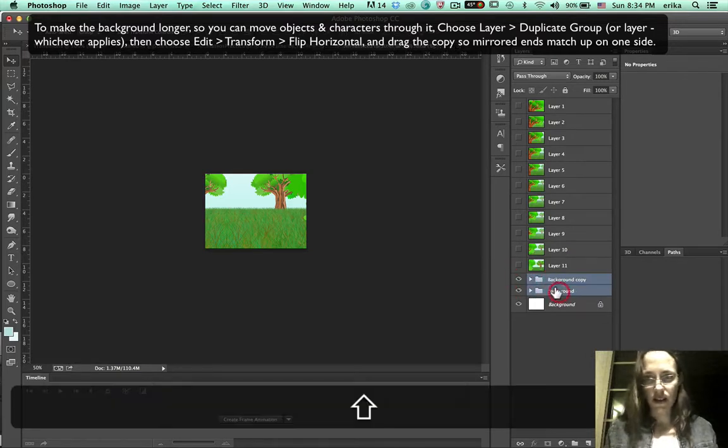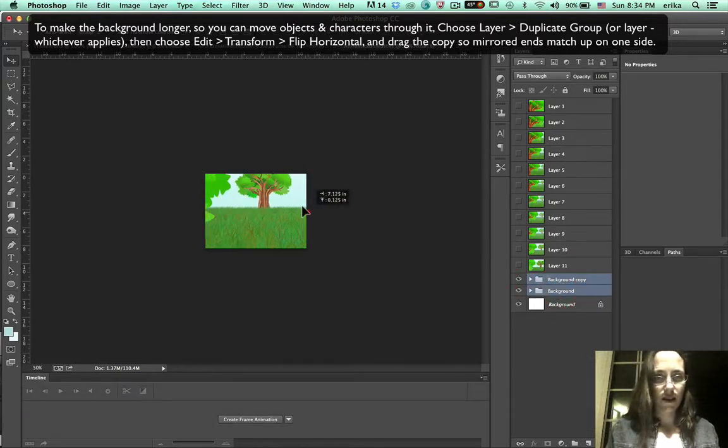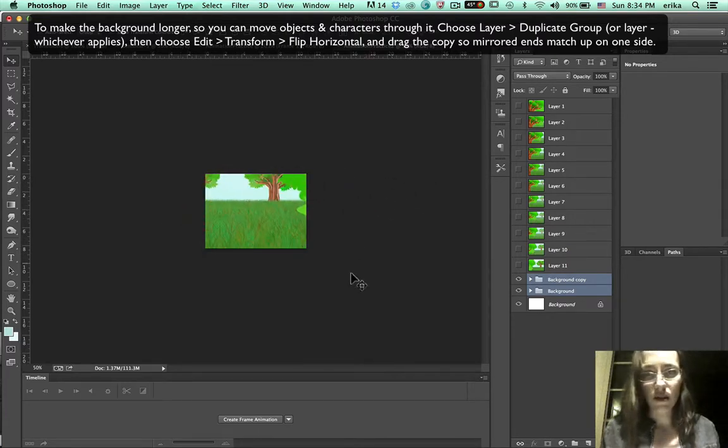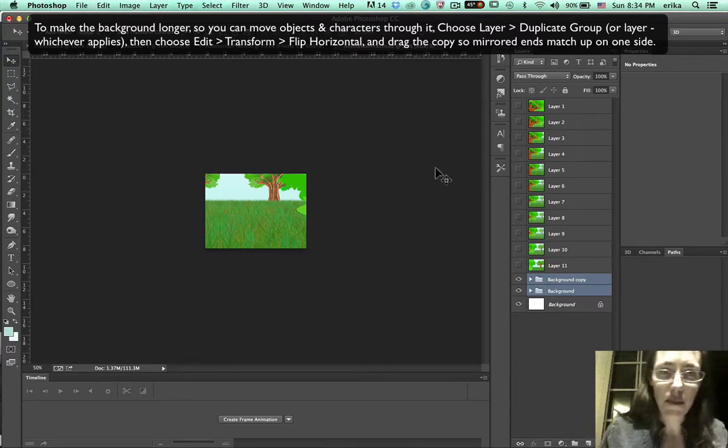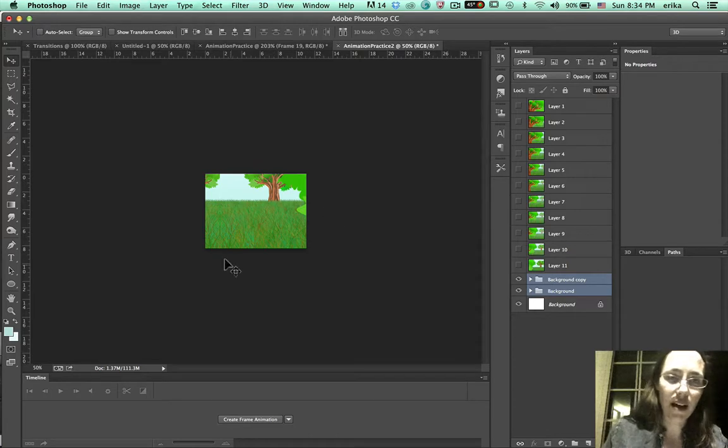So I could just select both of these now, and you can see, boom, really long background. So there's some tips for zooming and panning and making a background that a character can move through. In terms of fading, what you would do, here I'll show you how to even make that perhaps